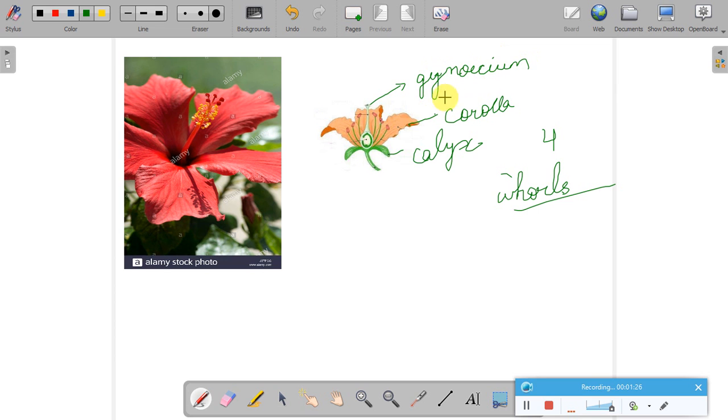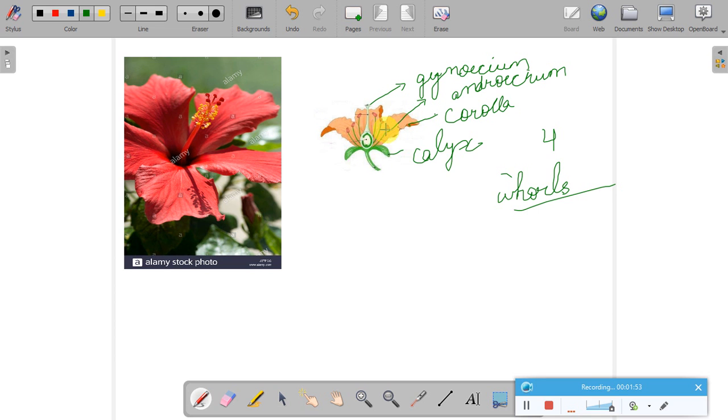And these all, here we can see 6 of them, they are called as the androecium. Okay, so androecium. So we have calyx going from outwards to the inside, calyx, corolla, gynoecium and androecium.